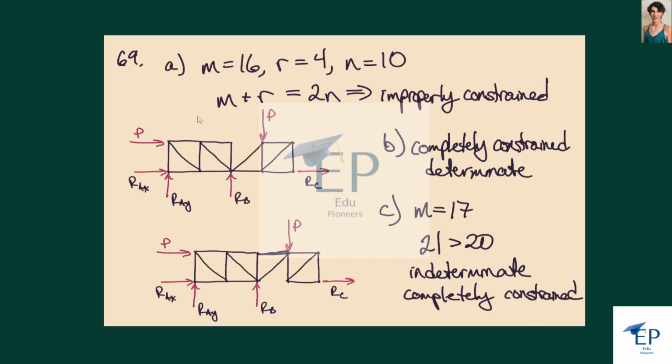So in these problems, we're asked to determine if these things are improperly constrained or completely constrained, and if they're determinate or indeterminate. What we need to do in these problems is first sum up. We need to count the number of members, count the unknown reaction loads, and count the number of joints, and see if m plus r is greater than, less than, or equal to twice the number of joints. So in the first case, looking at this one, what we find here is that this one has